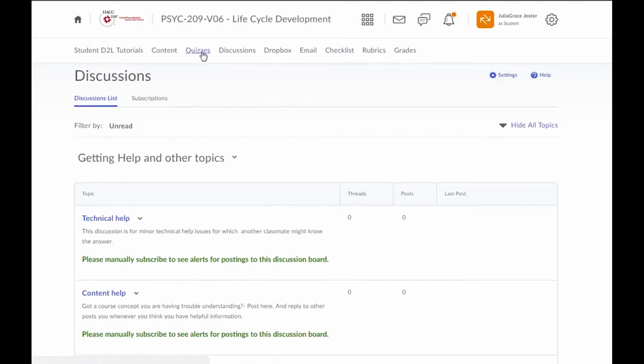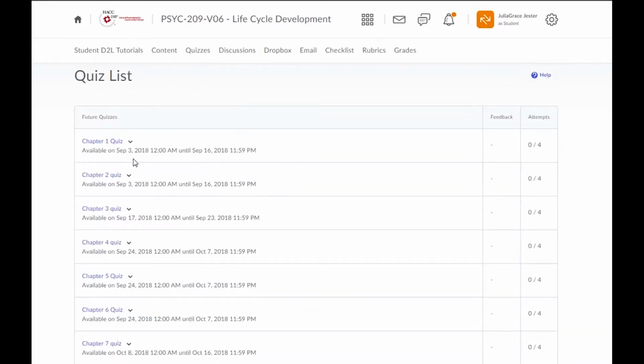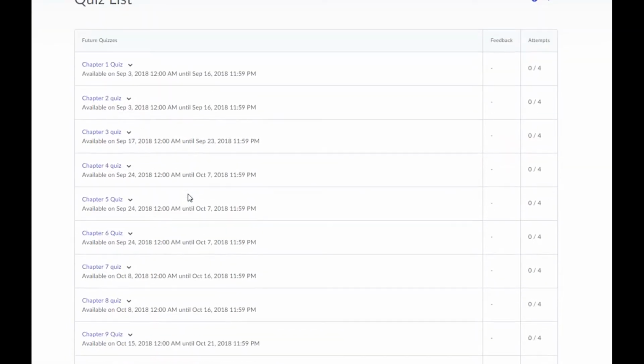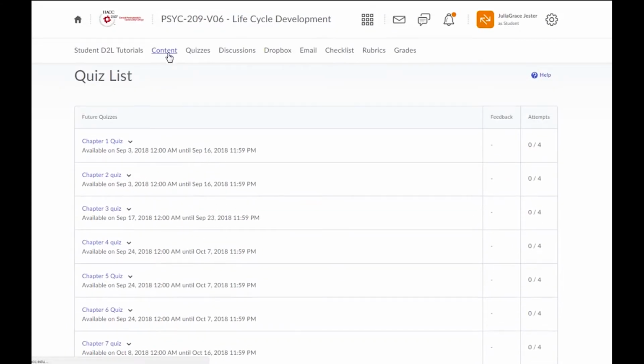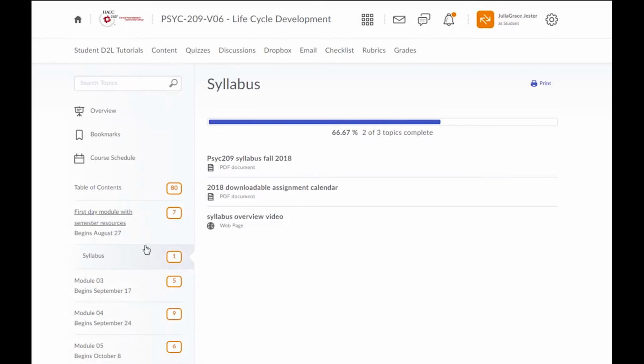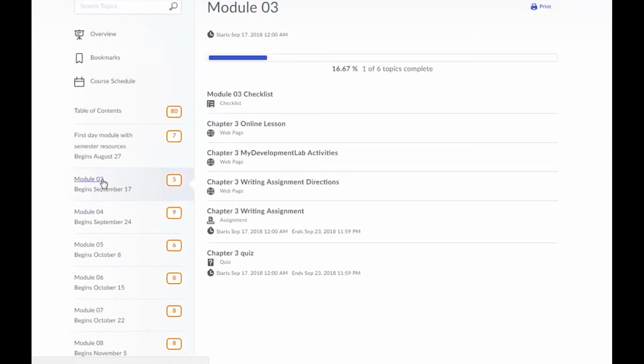Quizzes are listed here, and again in the student view you can see the dates that they're available, and once they're available then you can click on them and take them. But again, keep in mind that in the content, everything is in here as well. So here's Module 3. Most of my classes, but not all, have some sort of overview. Sometimes it's a checklist, sometimes it's a page. There's always